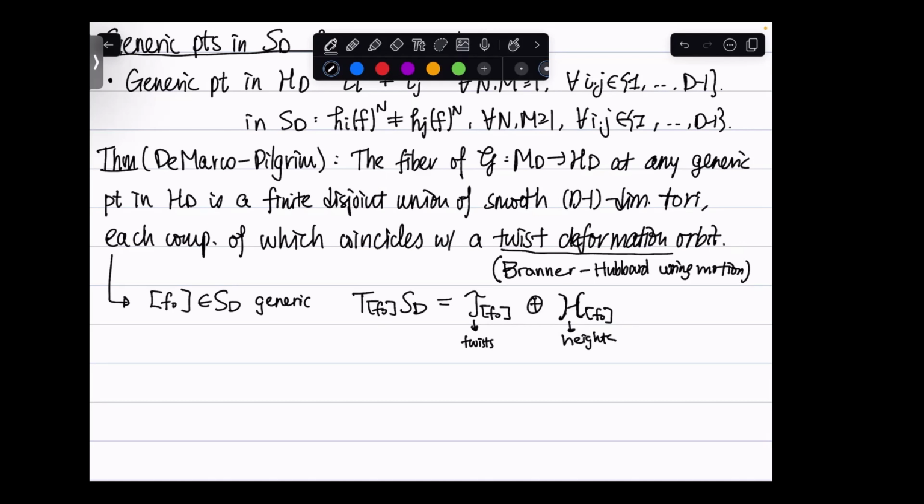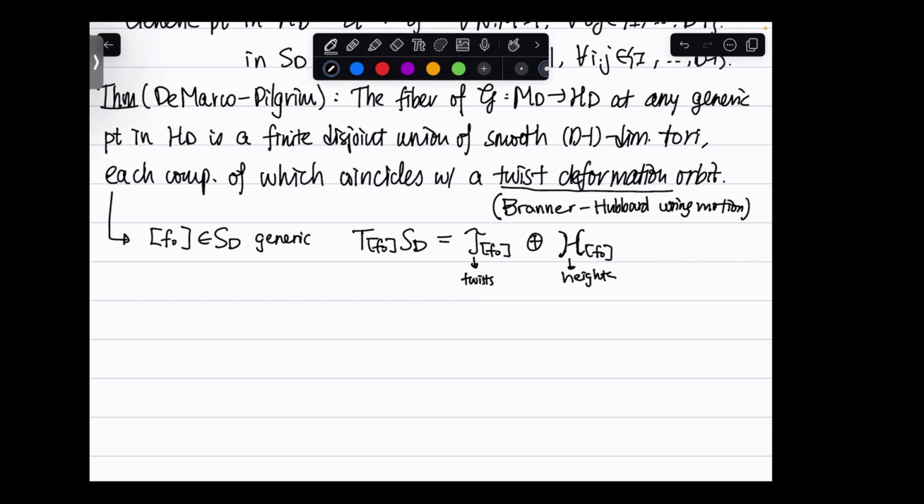So basically, if you think about the location of the critical points, the critical points lie in the complex plane, and you can either stretch their heights, which means make them go to the point infinity faster under iterations of the polynomial, or you can twist them around on the same Green's level. So basically, the theorem tells us there's a splitting of the tangent space into these two parts. And so now,